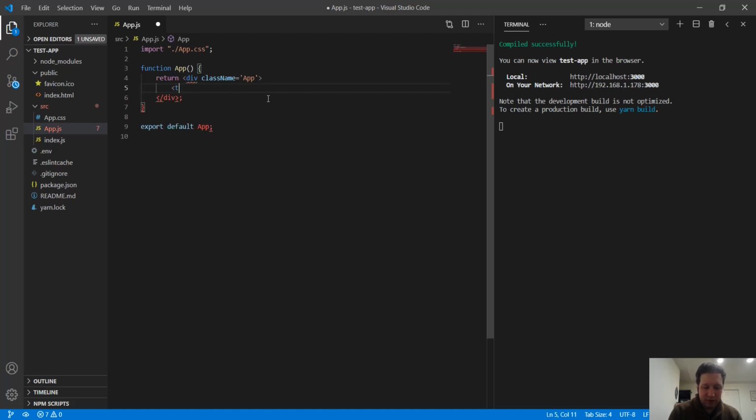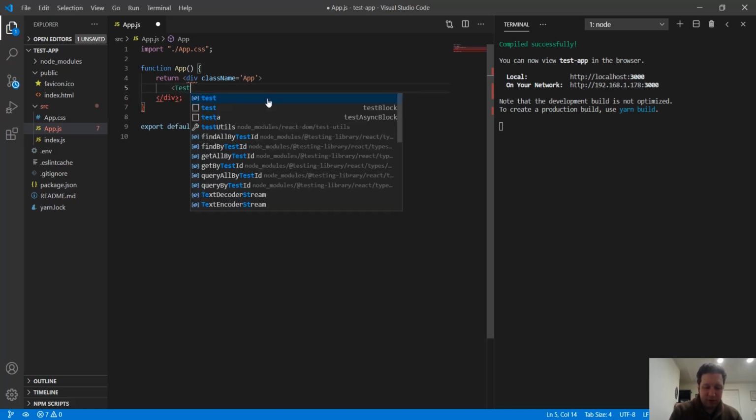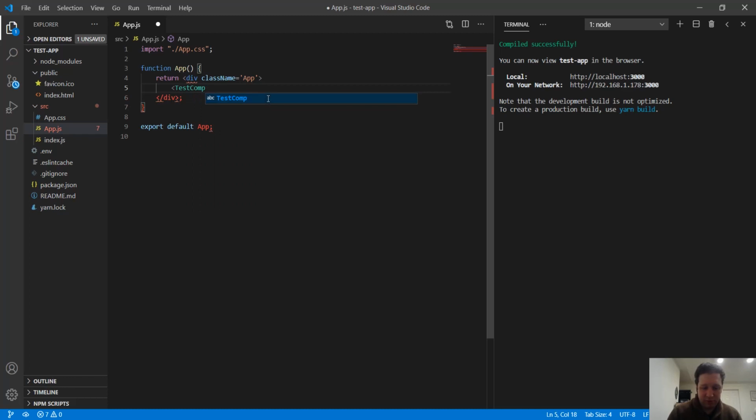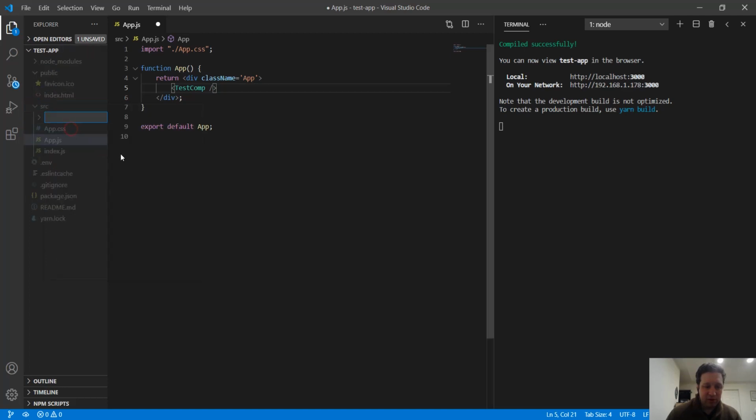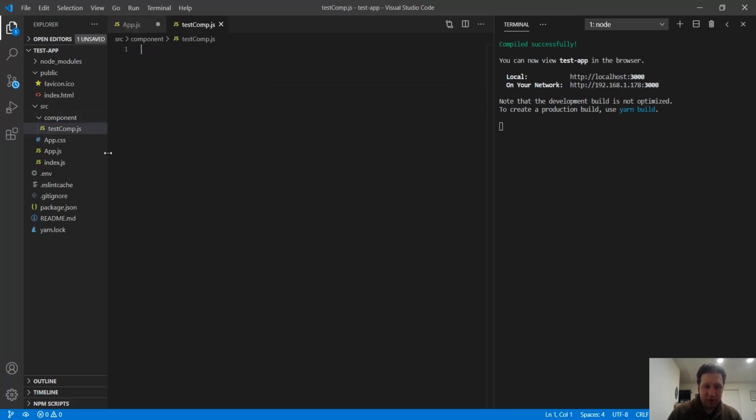Test component. And I actually am going to create one. So I'm going to create a folder called component. Okay. And inside that folder, we're going to create a new file called testcomp.js. We're going to bring it in here,